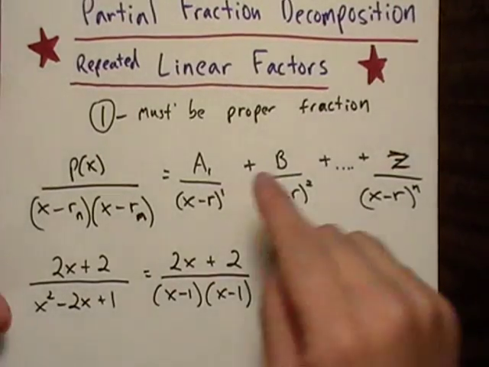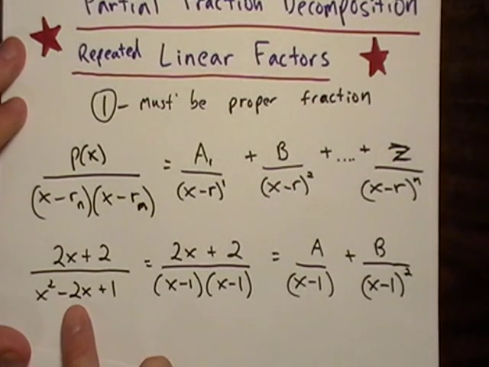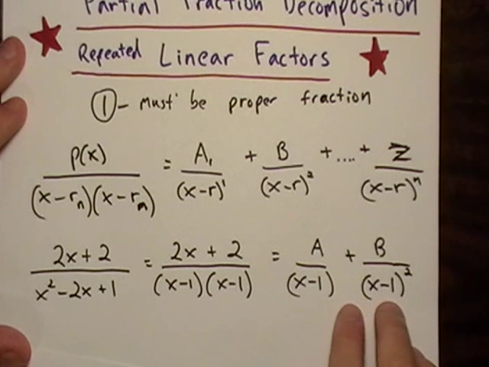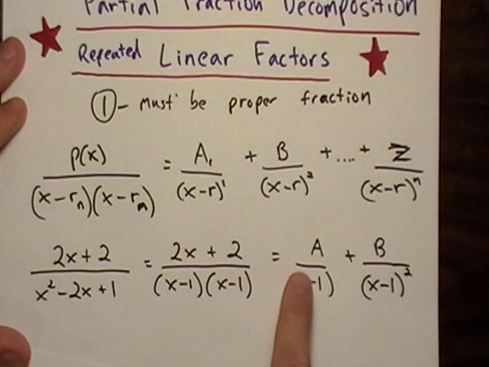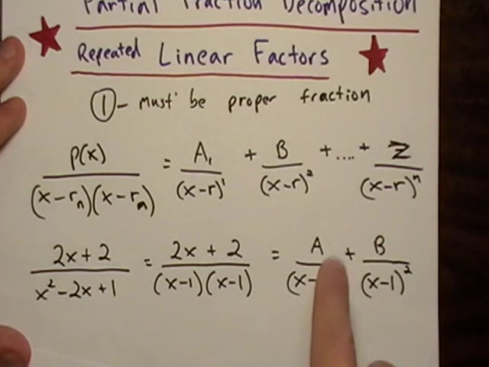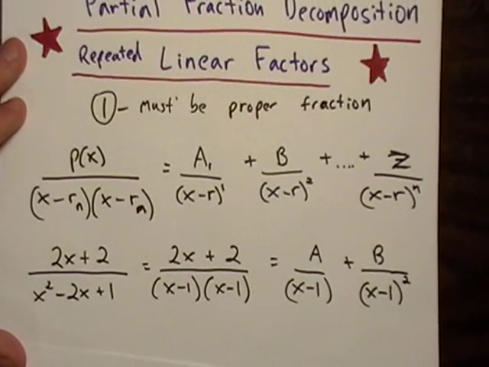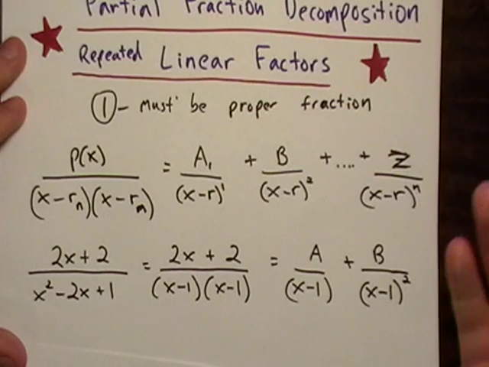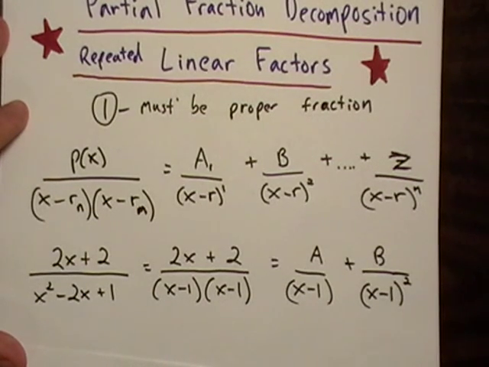Well, when they're the same factor, like when I factor out this one right here, we have to remember, we've got two factors, so we'll have two terms here. But I need to make sure that the powers on these terms are ascending. I don't know why that is. I know how to do it. I think it's pretty theoretical. Maybe I'll figure it out one day, but